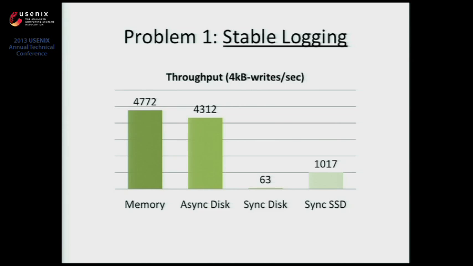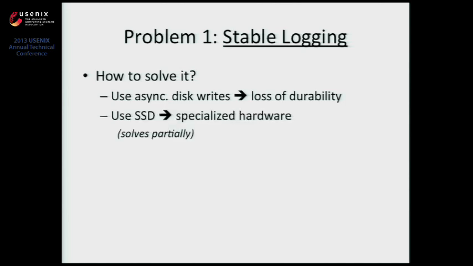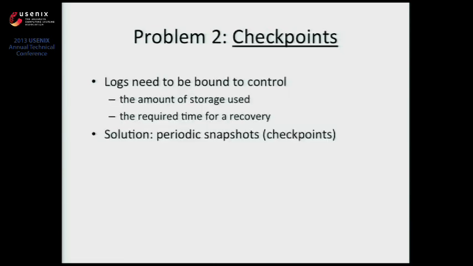So this is the main problem with using stable logging, and you have to find a way to deal with it. In practice, what most people do, if you want to follow a model similar to state machine replication, is to use asynchronous writes, and maybe you can lose some operations, if you are really, really unlucky. Another option is to use SSDs or non-volatile RAM, but then you are relying on specialized hardware that may not be available everywhere, especially in a cloud environment, and it's more expensive. But anyway, it solves partially the problem. Our idea is to try to get as close as possible to memory.